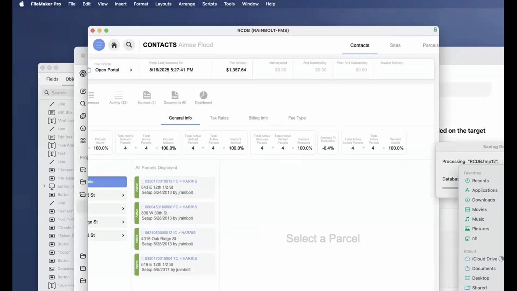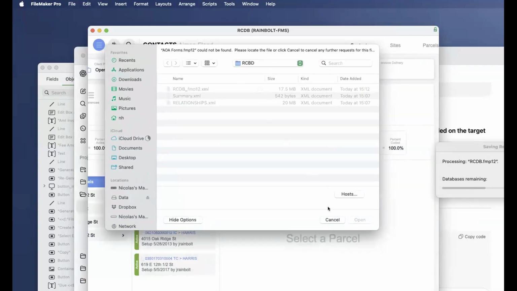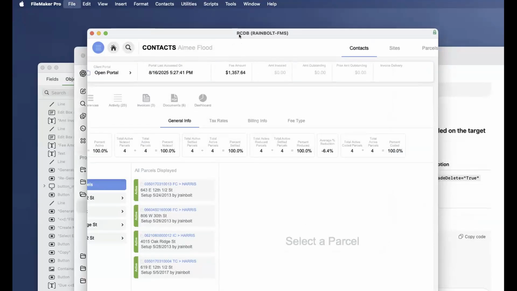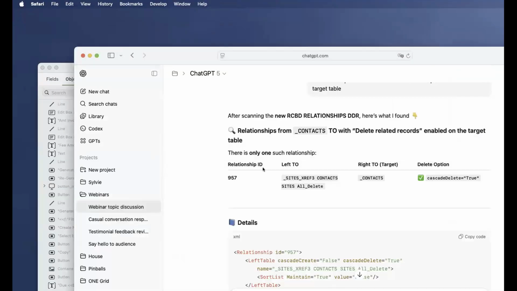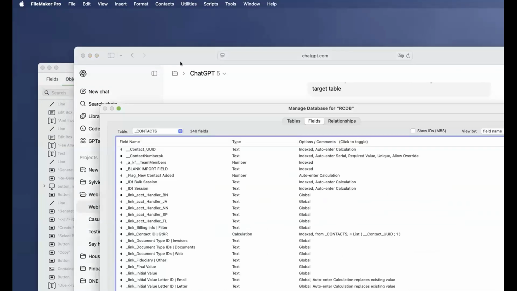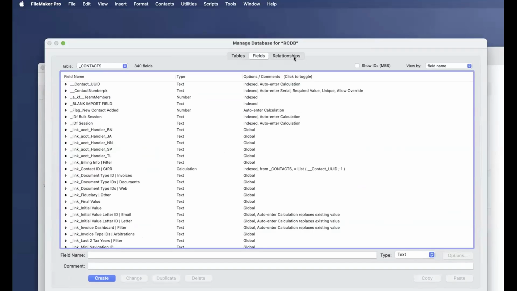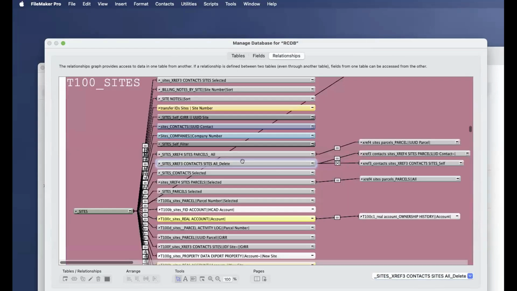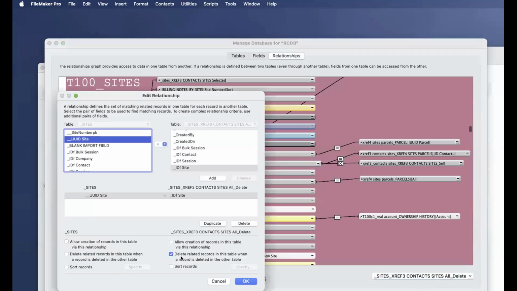Oh yeah, hold on. He asked me for this form, but I don't have it. Okay, so I'm opening manage database on this, and we are going to check if this is true, right? Oh, I don't have it on this one. Oh yeah, I have it. So let's see if we can find this here, right? And delete.